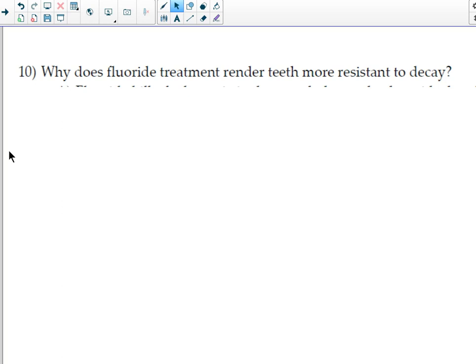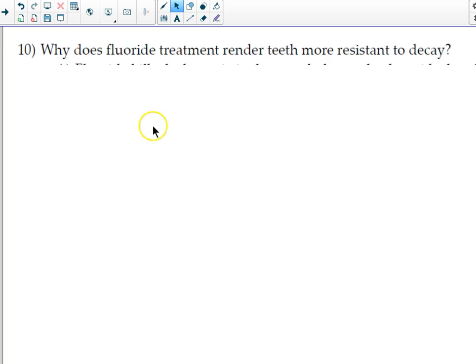Why am I doing this? Because it's reasonable for me to ask you to read 3 paragraphs out of a 1,000-page book. And don't look at me that way, Weber. You probably haven't read 3 paragraphs in the AP book for 3 months. Okay, so I reserve the right to hold you accountable for stuff in the reading. Okay, questions besides why does fluoride